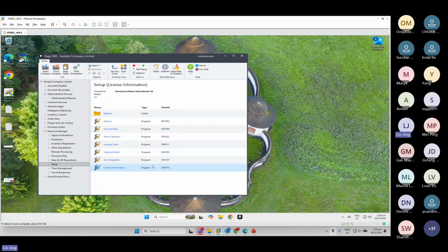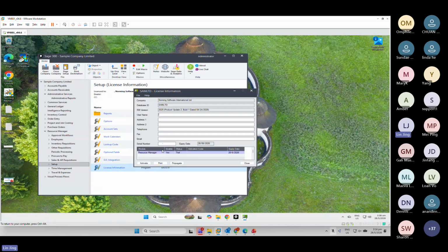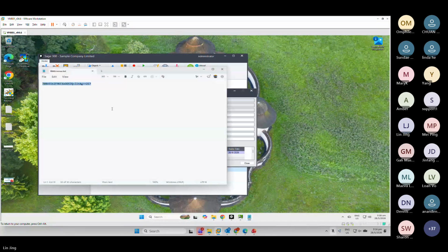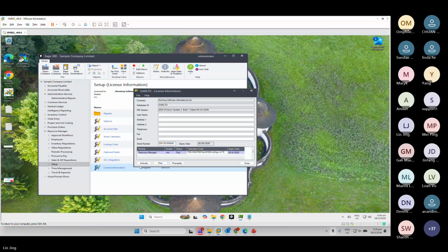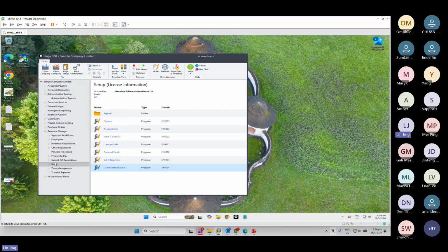We activate the license first. But let's say you think, okay, I don't have one, I just want to trial first. Okay, it's also okay. So I put in my license. Okay, so after activating, now you see there are many